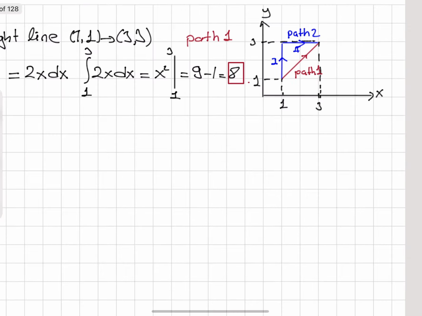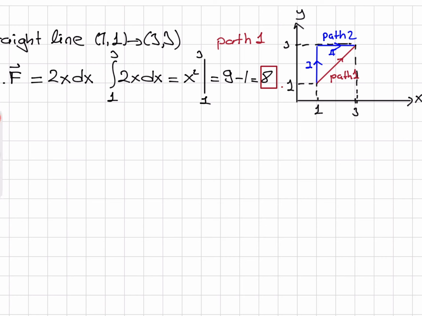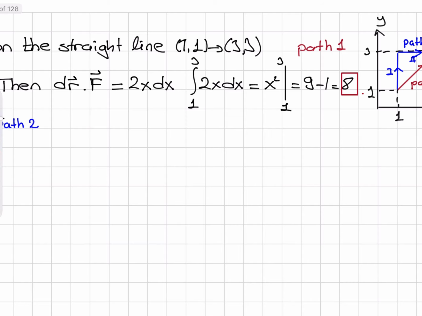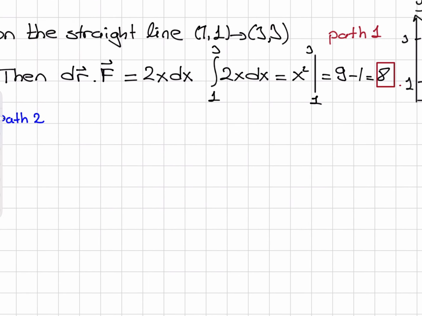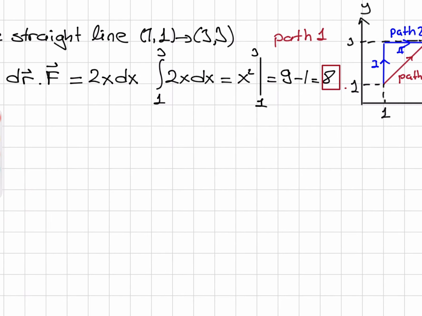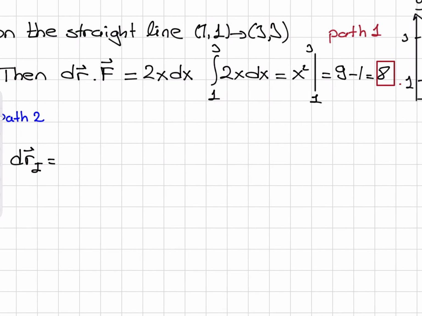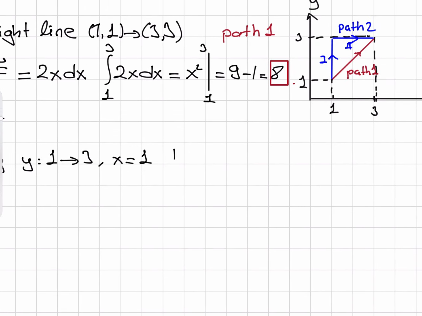Now if I take another path, let's say that I go from (1, 1) to (1, 3) first, and then (1, 3) to (3, 3), so along this second path with two segments, 1 and 2, on segment 1, I will have a dr1. I'm moving on the y-axis, so this is dy ey hat. Y is changing from 1 to 3, x is fixed at 1,